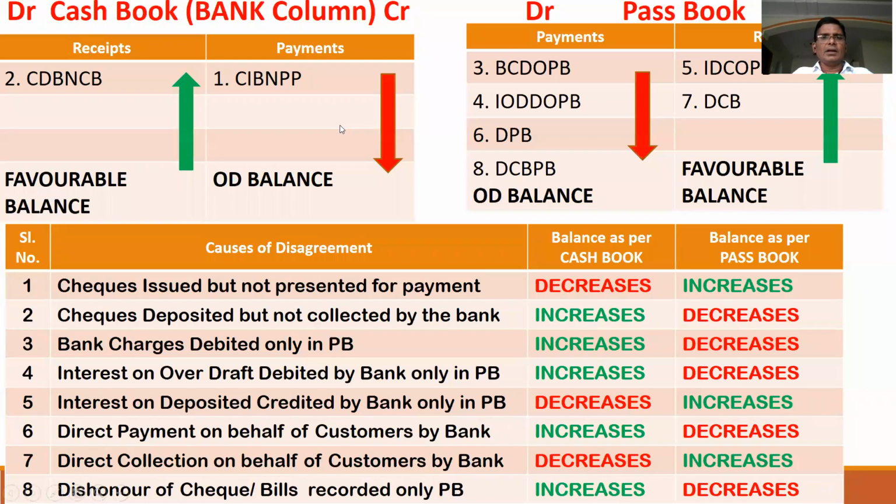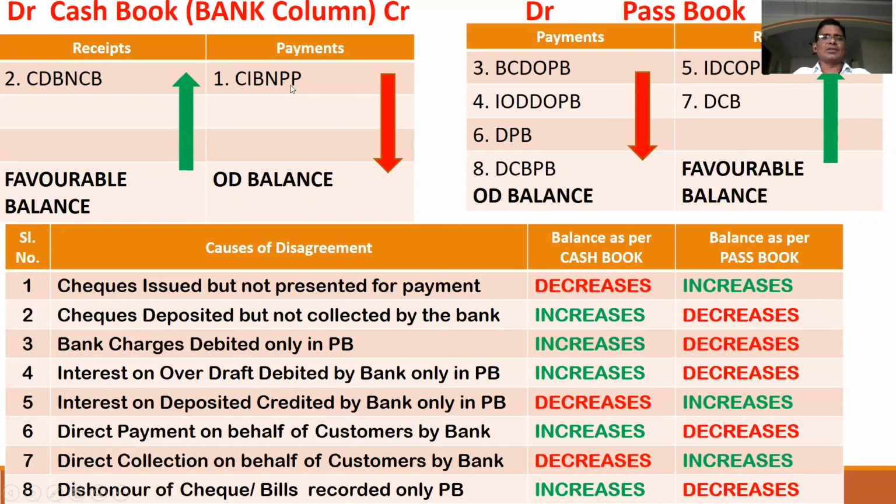When we issue a check to a supplier or a creditor, say we have 20,000 in our bank account. We issued a 5,000 check, so we think we have only 15,000 in the bank account. We issued a check to Ramana for 5,000. That means our bank balance is 15,000, we think. So when we credit our cash book by Ramana 5,000, automatically the cash book balance decreases. But the banker will not record the same, because it is not presented for payment. If it is not presented for payment, the banker does not record.